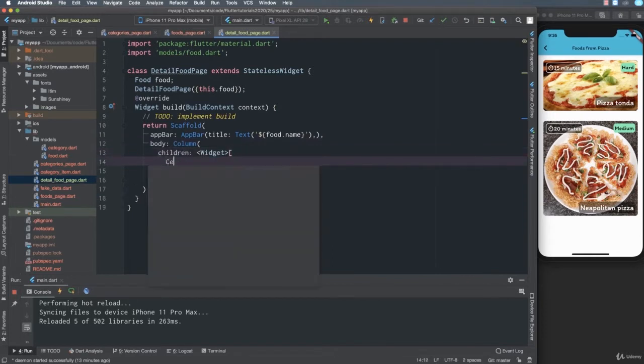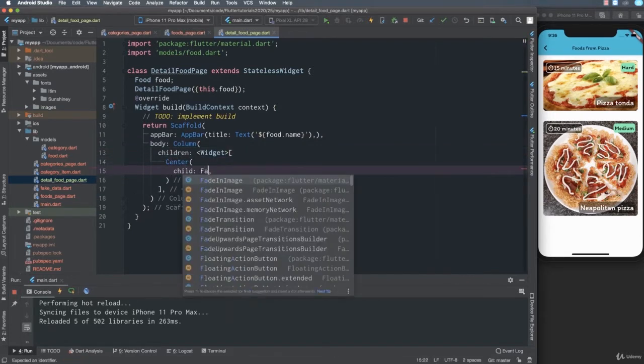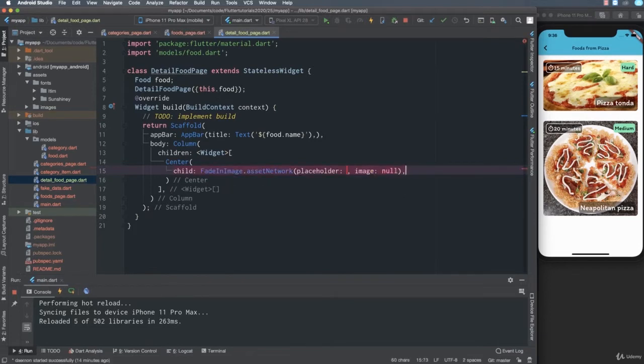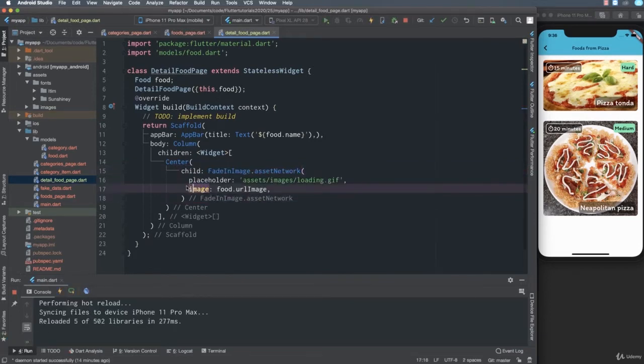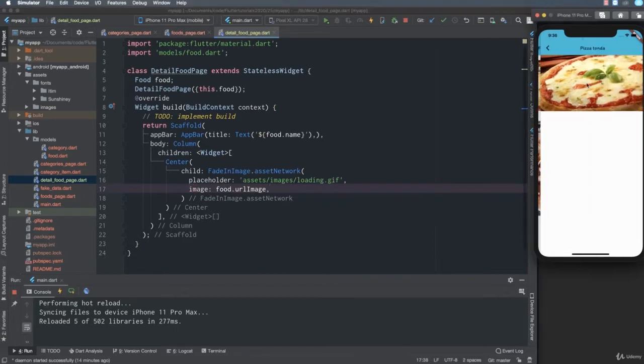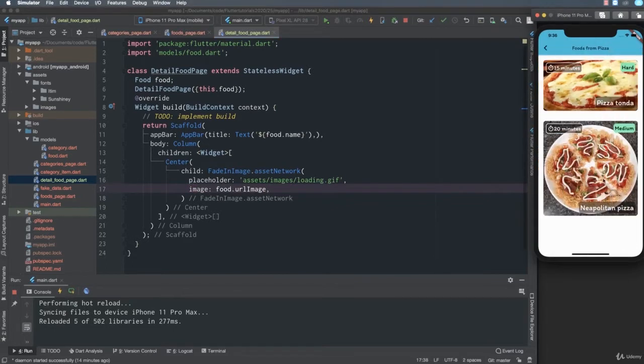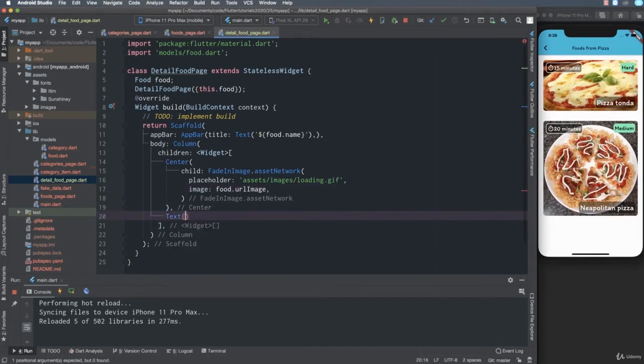And we can use a column with the children from up to down. So the first child here is a center. Yes, I copy the food image like here, I paste it to here. Yes, and I can have a text of ingredient. Yes, ingredient, copy paste to here. Yes, and the text here to print ingredient list, and